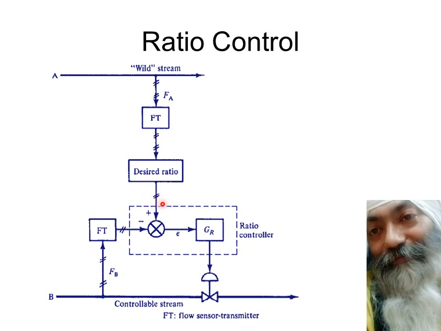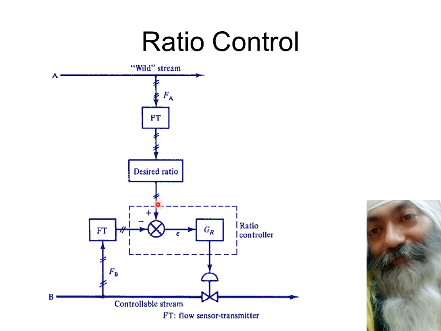What you get over here is a flow rate. It's not a ratio. We're not using any divider over here. Rather, the desired ratio is fed in this. This is normally fixed, but we can always manipulate this desired ratio over here. So whatsoever is the flow rate, it's getting multiplied by the desired ratio, 10%, 30%, 50%, whatsoever. Then the desired flow rate for B is computed from this desired ratio, and thereafter it is a simple flow rate control. We are taking the feedback of the flow rate,